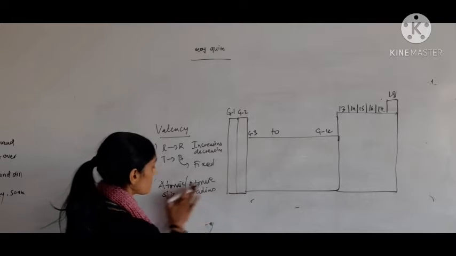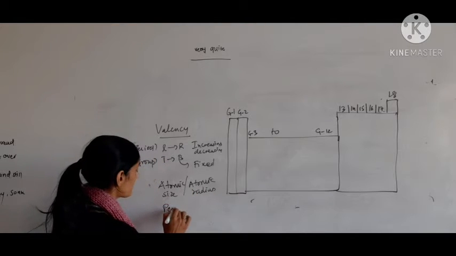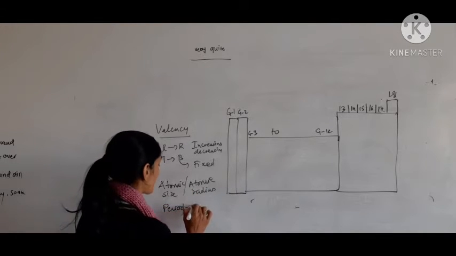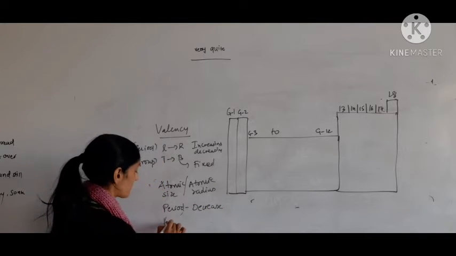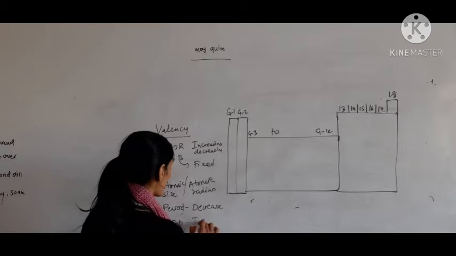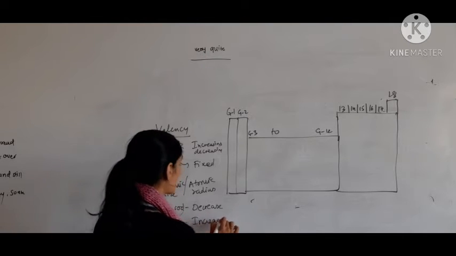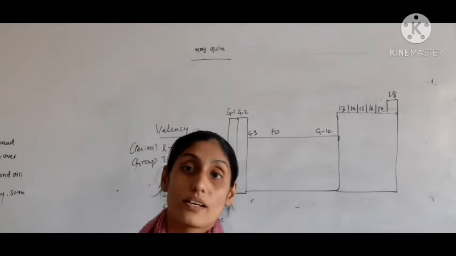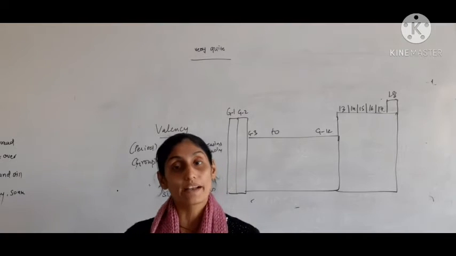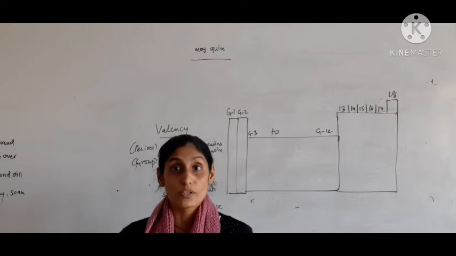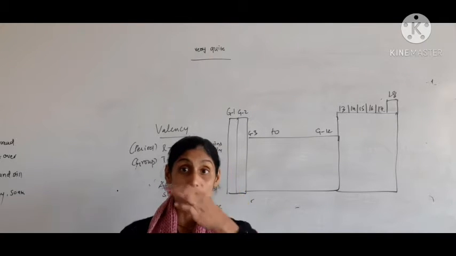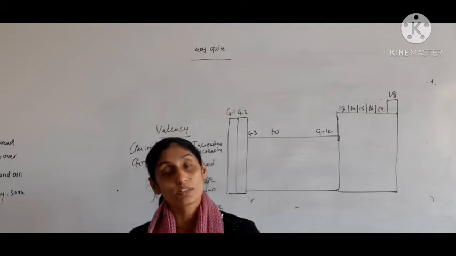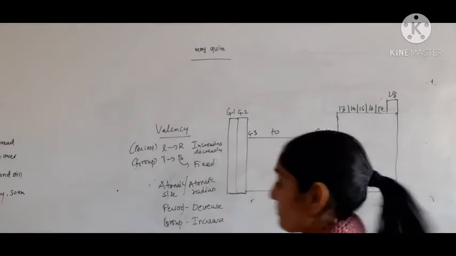So for the period, we can say that the atomic size and atomic radius decrease, and down the group they increase, because the effective nuclear charge increases, and due to that the distance from the nucleus is more, and hence there is an increase in the atomic size and atomic radius.